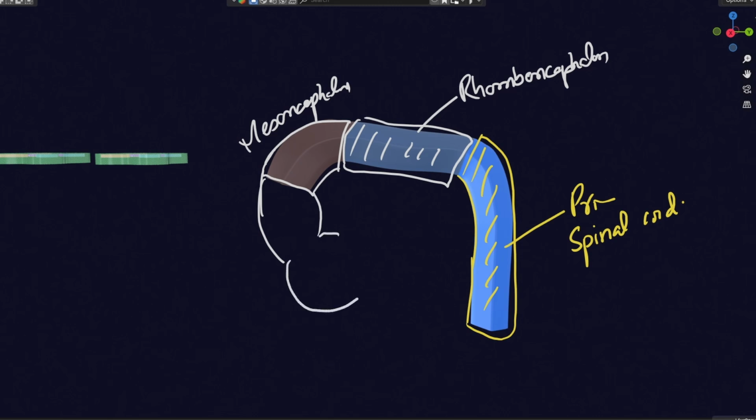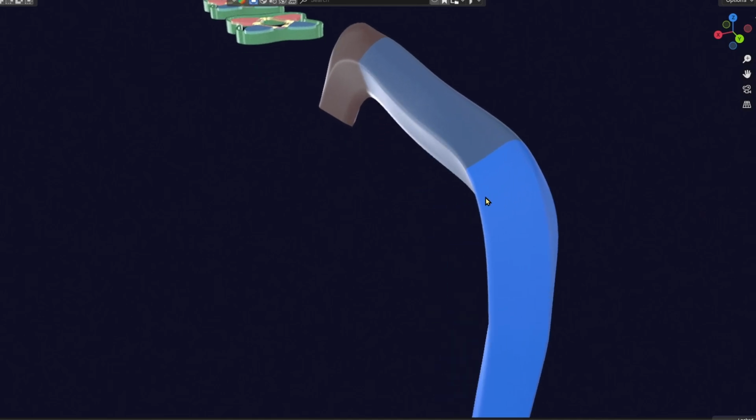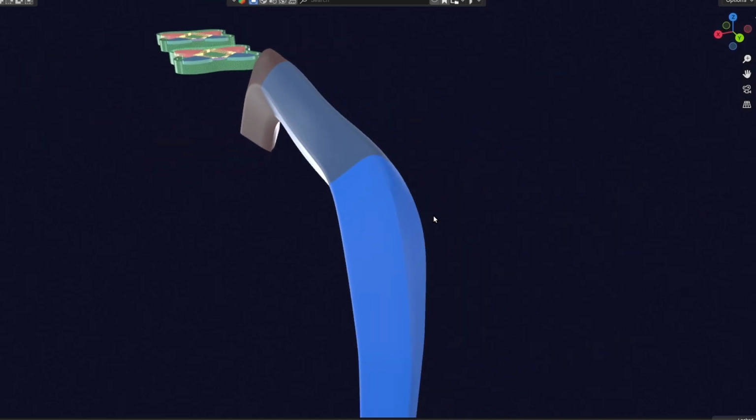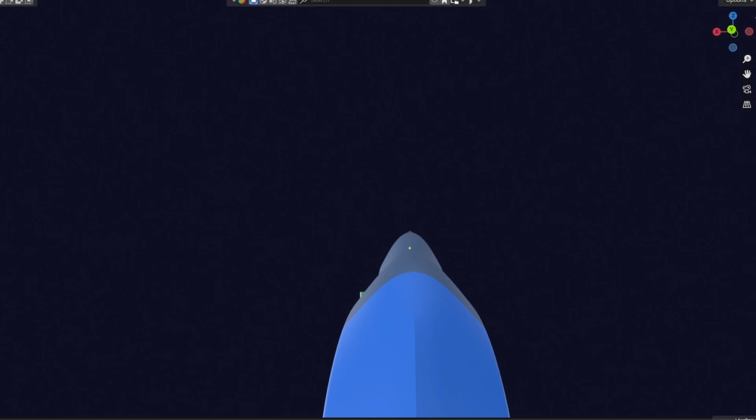have telencephalon here. So diencephalon and telencephalon are basically the part of prosencephalon that we will see later, and actually I have removed it in this 3D model to keep things simpler. Now what actually happens, to understand how the pontine flexure forms, here you can see that this one is the roof of